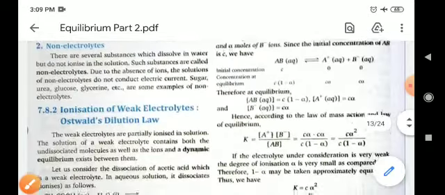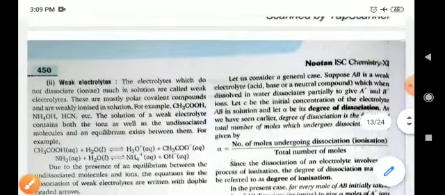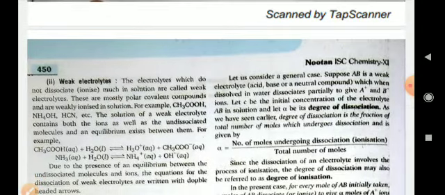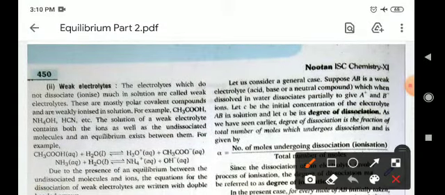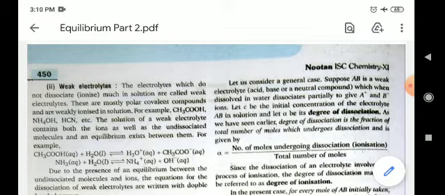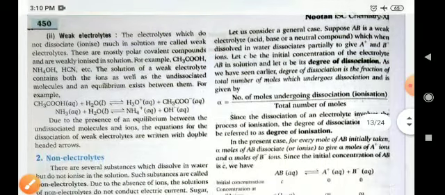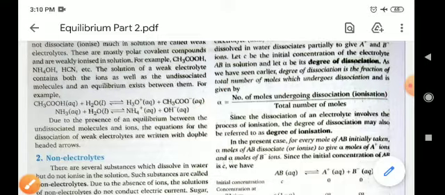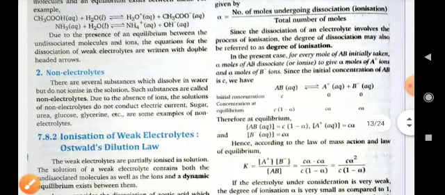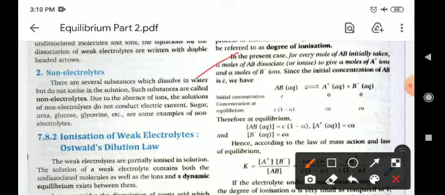Now let us consider the general case. Suppose AB is a weak electrolytic acid which, when dissolved in water, dissociates partially to give A+ and B- ions. In that condition, the degree of dissociation alpha equals the number of moles undergoing dissociation, meaning ionization, upon the total number of moles. So for a general reaction, when a compound AB dissociates into A+ ion and B- ion,